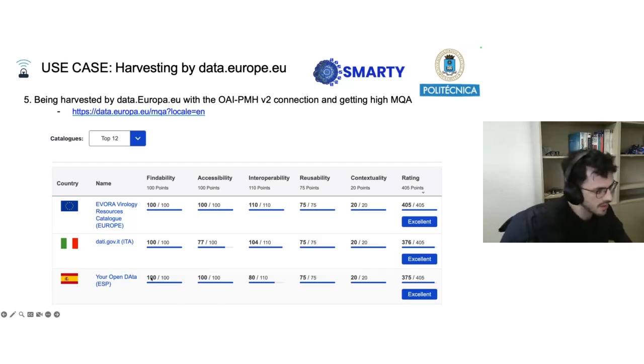And we have been the first open data portal in terms of metadata for some years, but now, as the standard has evolved, we have to update the DCAT-AP extension. We are going to do it in the next months, as I'm saying. So we expect to obtain the highest quality, but being excellent in terms of metadata quality assessment